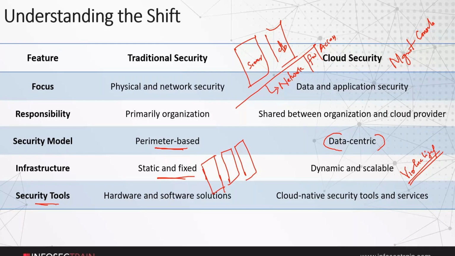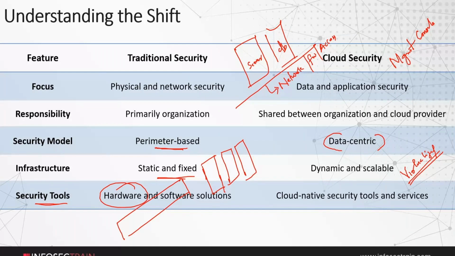Let me give an example, team. If I'm going to my on premises data center, in almost every case, even though we will make virtual machines, our security solutions are mostly hardware, right? Correct me if I'm wrong, team. When talking about network devices, almost everything we have will be physical devices, right? Like Palo Alto, Cisco, Juniper, Avaya, D-Link. A lot of things are there, right?